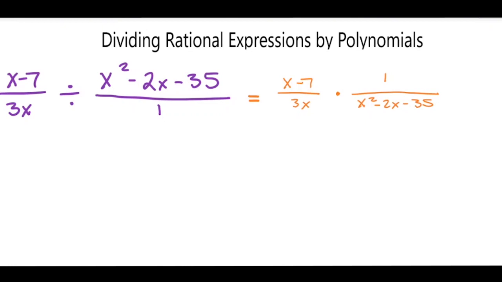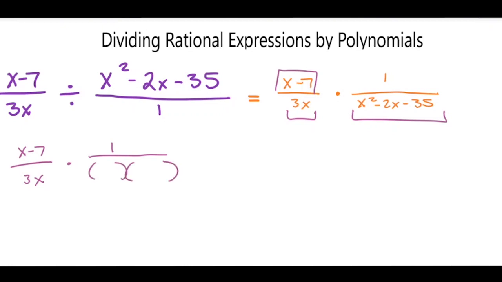the fractions. So I'll factor x - 7, nothing to factor there, over 3x. Well, that's just 3 times x, so we'll leave that as 3x. Times, well, 1 can't be factored, but I have a trinomial here, and I can factor that trinomial into two binomials, which will be x and x. Now I need to figure out what two numbers multiply to be negative 35 but add together to be negative 2. Well, I'd say positive 5 and negative 7 will multiply to be negative 35 and add together to be negative